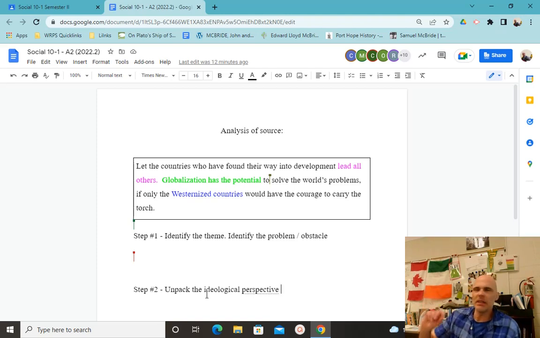What's a word that's being used to manipulate the West into acting? Is there a word there that's like, you know what, this is how I'm going to try to manipulate you into acting? Courage, right? If only you had the courage. Well, people want to be recognized as having courage. So the voice behind the source is using the word courage to manipulate the Western nations into a call to action to solve the world's problems that some of these Western countries might be fairly insignificant in causing, or fairly insignificant in being able to fix. So that's a part of the division of society.